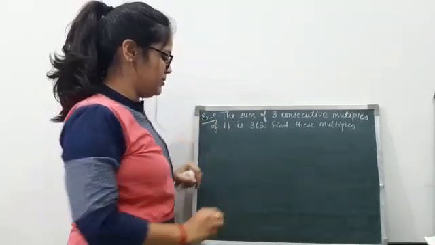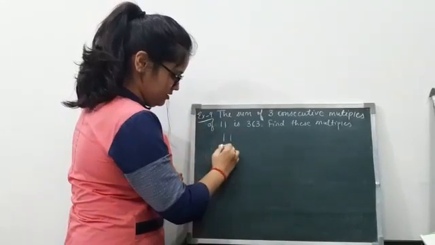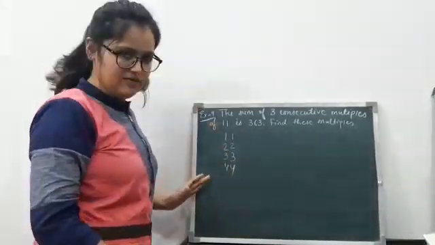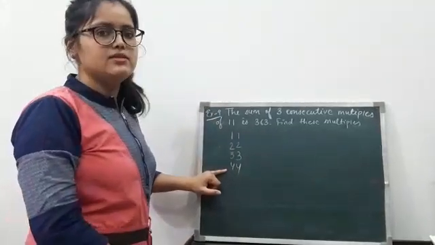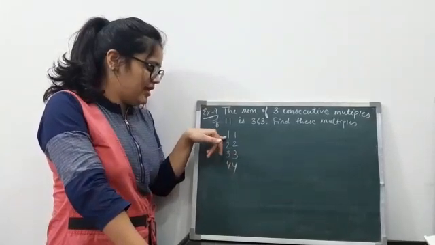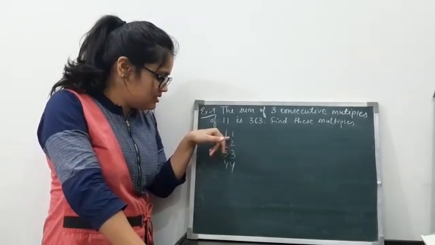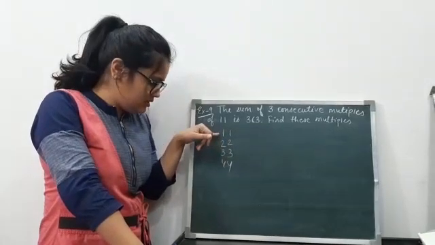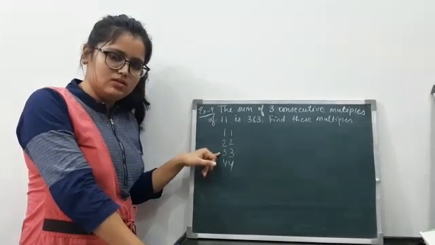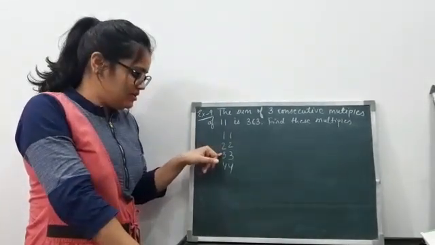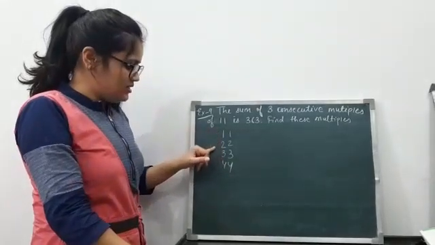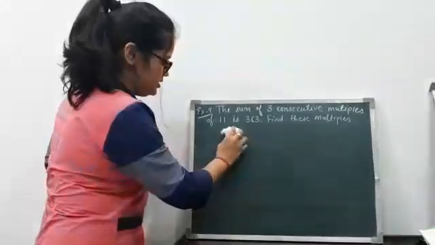Multiples of 11 are in the form 11, 22, 33, 44, which means the table of 11. All these numbers are multiples of 11. Now, what is the common thing between all these numbers? That they are at a distance of 11. The gap between the first two numbers is 11, then the gap between the next two consecutive numbers is 11, then the other pair of consecutive numbers has a gap of 11. All these numbers are at a difference of 11 from the previous number.